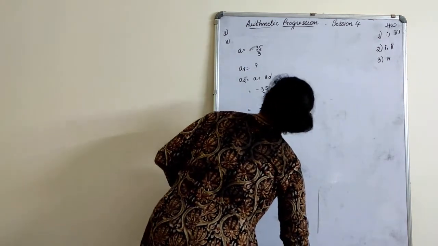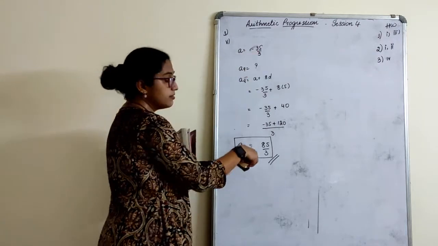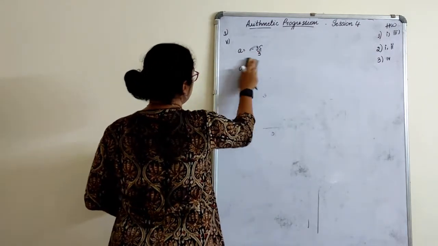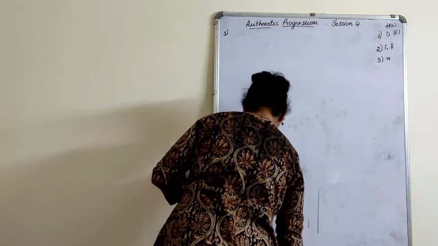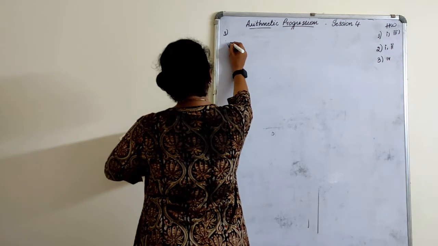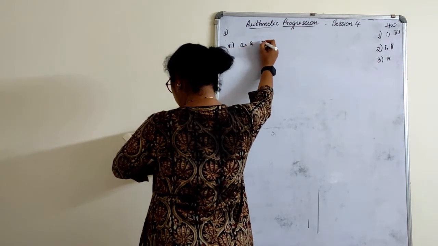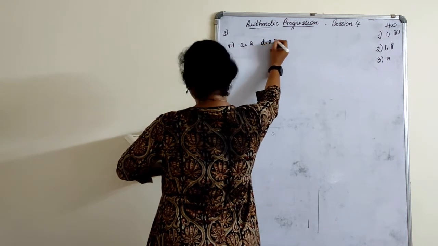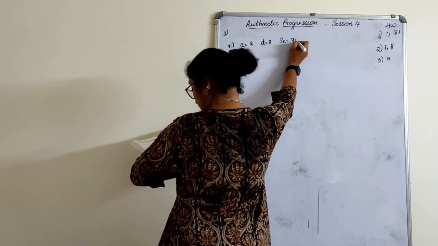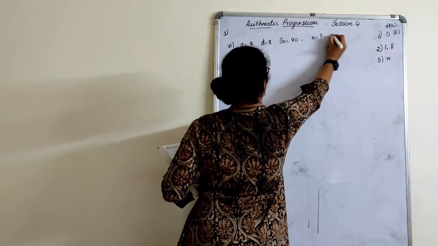Okay. We'll proceed with the sixth one now. You can just continue after that, the continuation of the sum. Quickly, we'll start with the sixth one. What have they asked in the sixth one? A is given, where A is 2, common difference is 8, Sn is 90. They have asked us to find N and An.